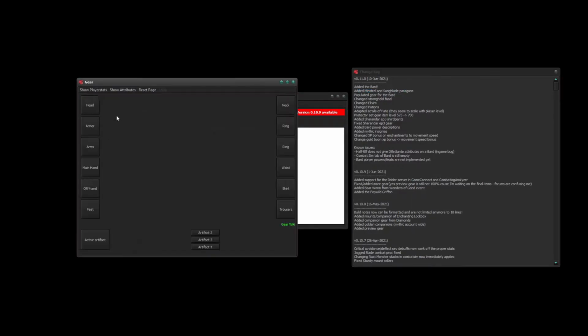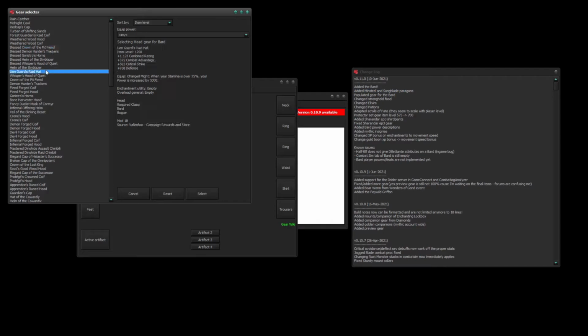So I also populated the gear for the Bard. Actually, the Bard shares a lot of gear with the Rogue. I think all of the gear that's on the Rogue also can be used on the Bard. Well, not all the gear, I'm saying that incorrectly. A lot of gear that was usable by the Rogue can also be used by the Bard, but there's also other gear that is,